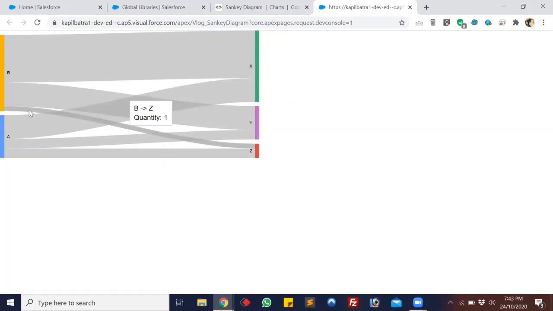So guys, that's how you can also create a many-to-many relationship between your two objects. You can customize the code as per your requirement, and to display the many-to-many relationship, guys, there are multiple charts available. So you can also choose one of them from Google's website. You can check more charts on developer.google.com. There are plenty of charts available.